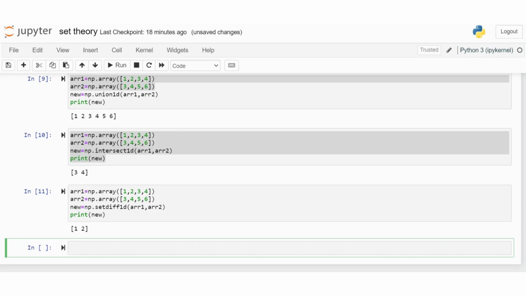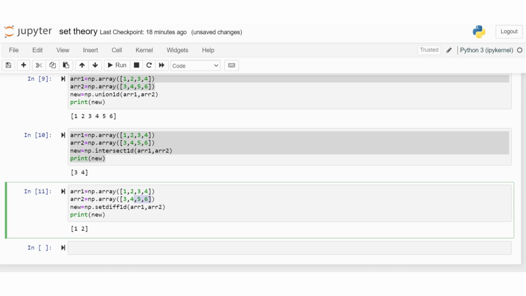In this example, the result is 1 and 2, because 1 and 2 are present in A but not in B. This is the final answer, because difference means the collection of elements which are in A but not in B.